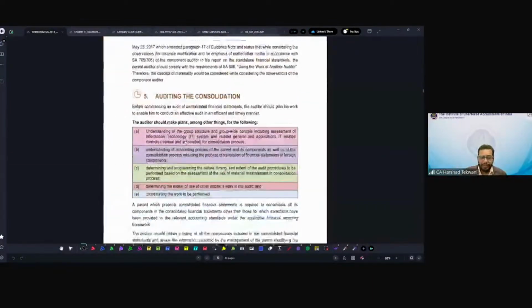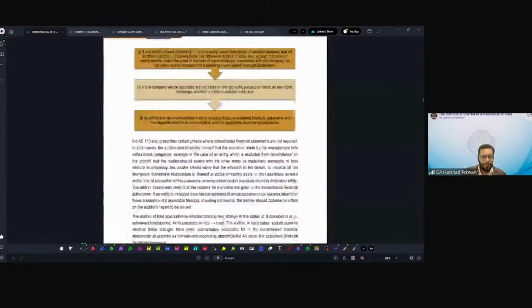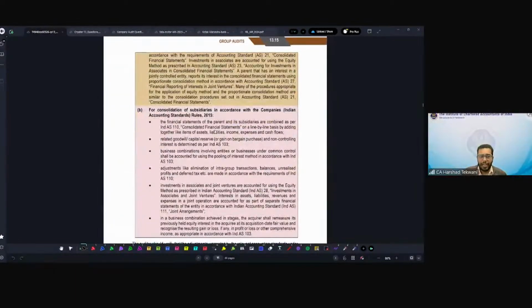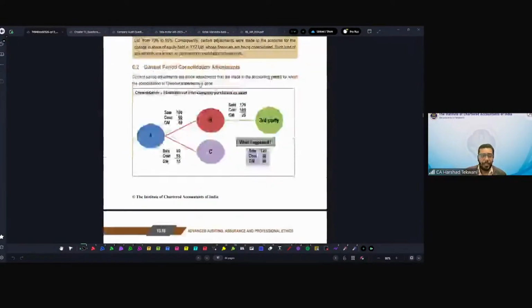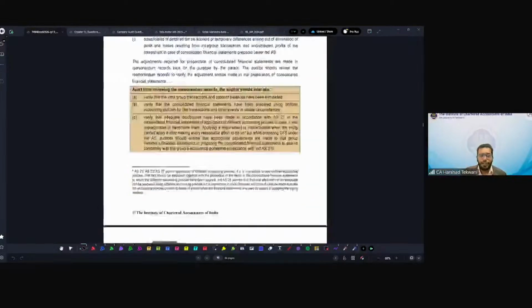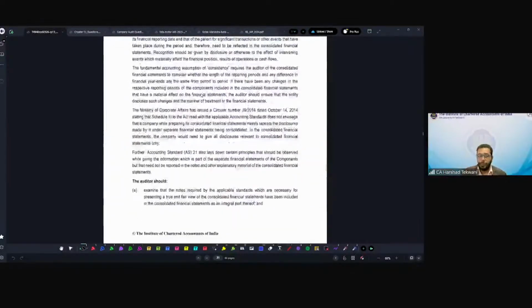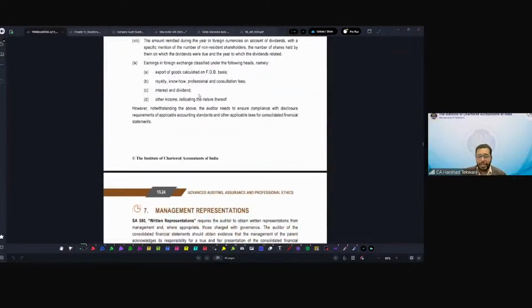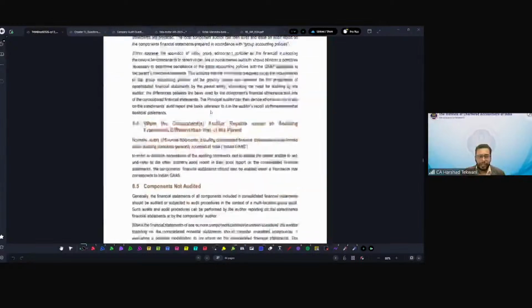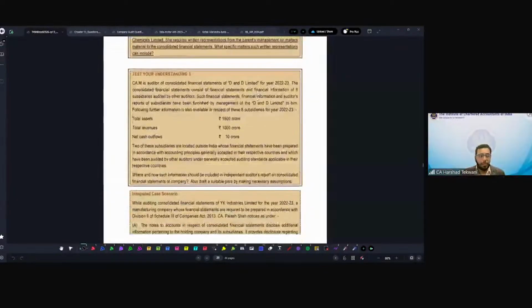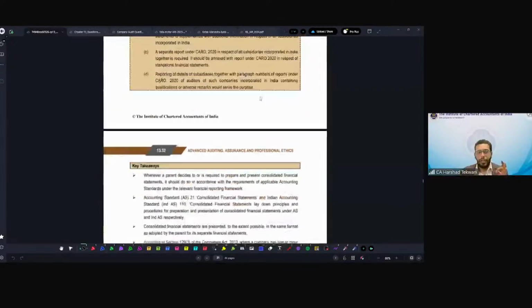Like auditing the consolidation we have discussed. Then comes consolidation where Ind AS 110 is applicable, special considerations, consolidation adjustments. But reading from your side is also required. There is no alternative to reading the study material. Trust me. Management representation, reporting, all these things we just now discussed. Components not audited. But till the time you read, you will not understand the chapter in its full. So what I want from your side,